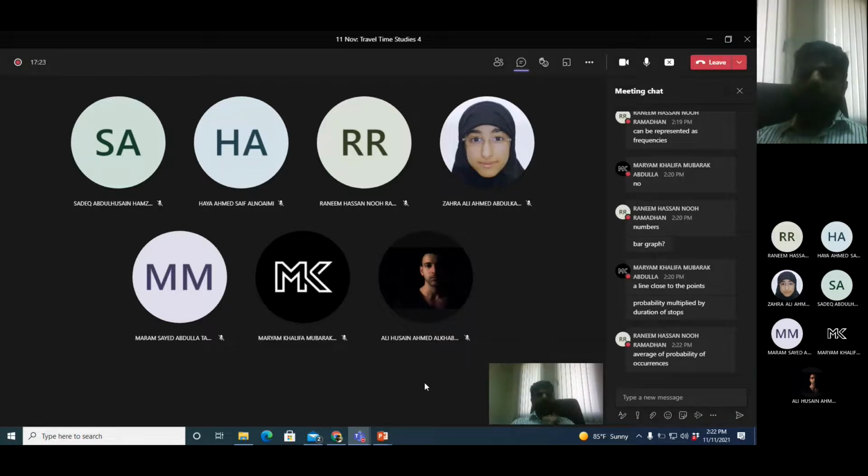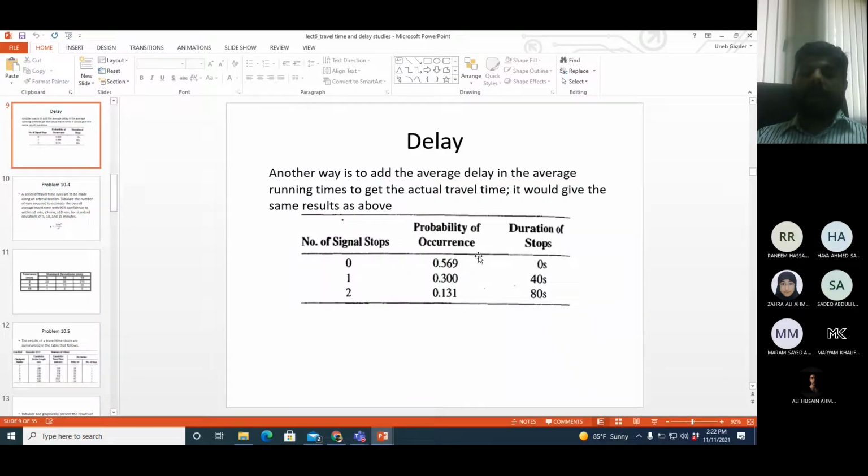No, not average. If you remember what we did in this example, I took the product of the two numbers and then I added them. If you just add all the probabilities, it will always give you 1. Probability means a percentage, right? So if you add all the percentages, you will always get 1.